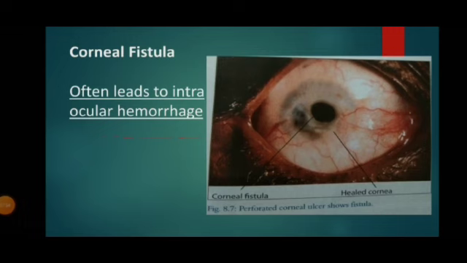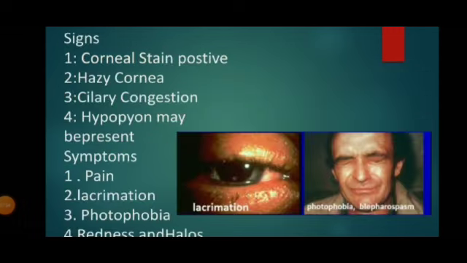These are some complications in the pathogenesis of corneal ulcer. Have a look at the signs and symptoms. Guys, the patient of the corneal ulcer feels pain. Very simple. We know that the cornea is a richly supplied, densely innervated tissue in our body. It is supplied by the ophthalmic division of the trigeminal nerve. So whenever there is any infection or inflammation, corneal nerves get stimulated and pain occurs.